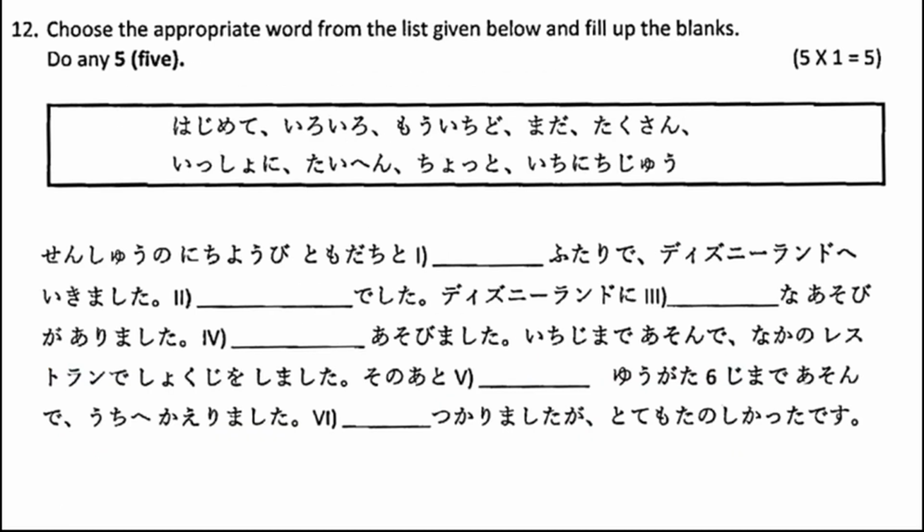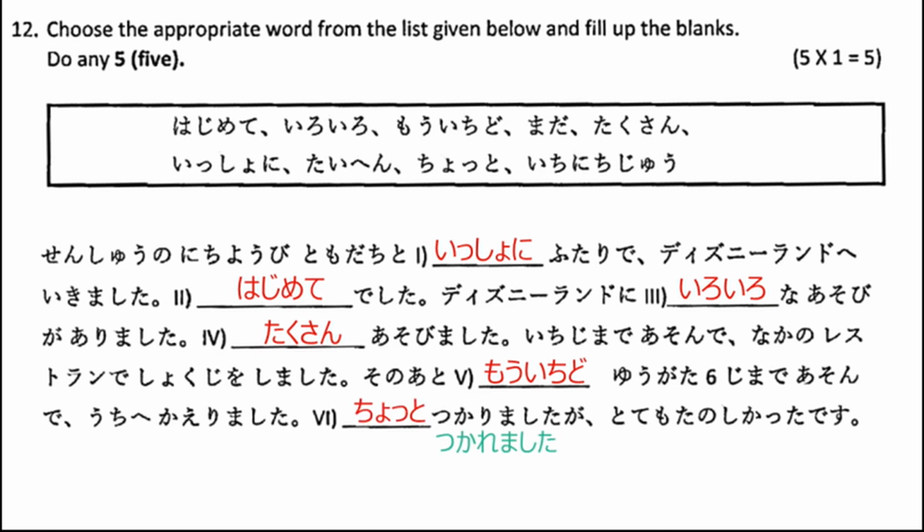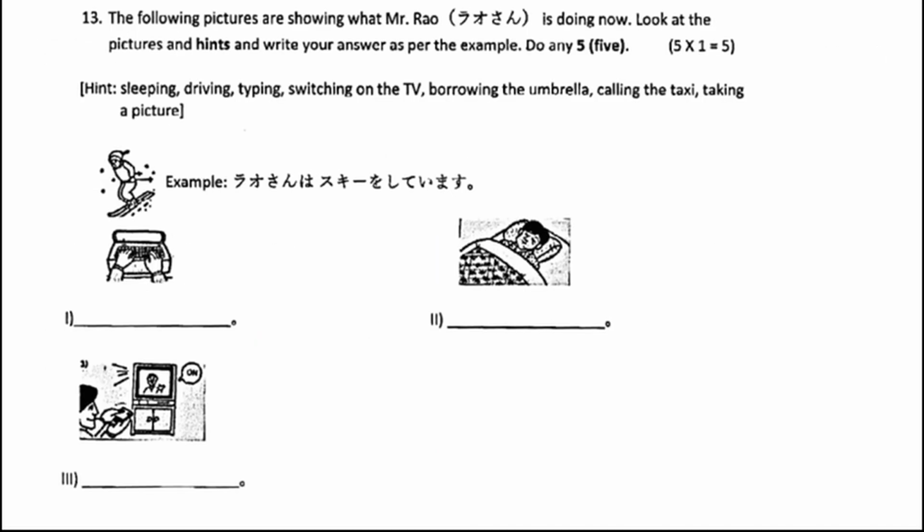Next, let me go to the 12th question, which is choose the appropriate word from the list given below and fill up the blanks. I will give you the words which I feel are appropriate. So let's start. 先週の日曜日、友達と一緒に2人でディズニーランドへ行きました。初めてでした。ディズニーランドにいろいろな遊びがありました。たくさん遊びました。1時まで遊んで、中のレストランで食事をしました。その後、もう一度夕方6時まで遊んで、家へ帰りました。ちょっと疲れましたが、とても楽しかったです。Next, let me go to the 13th question, which is, look at the pictures and hints and